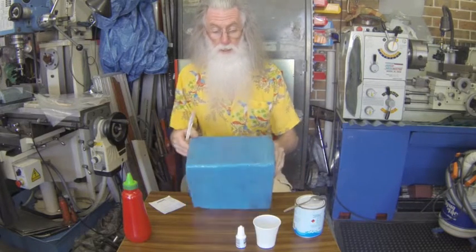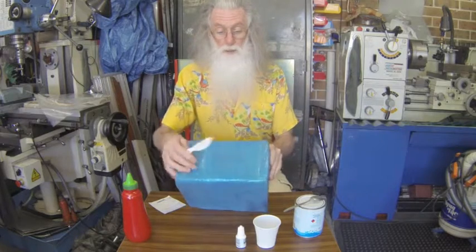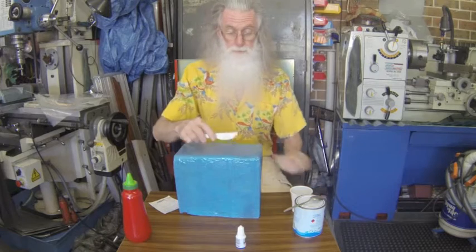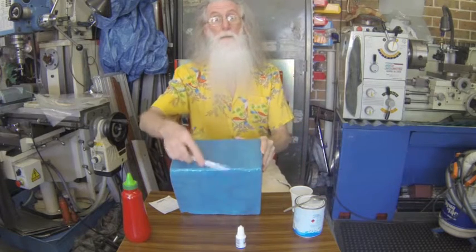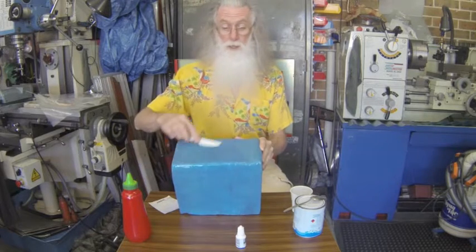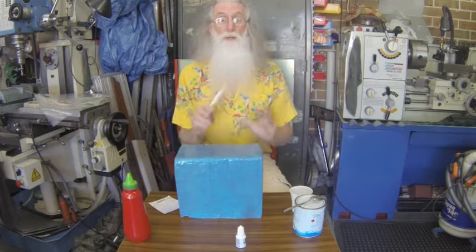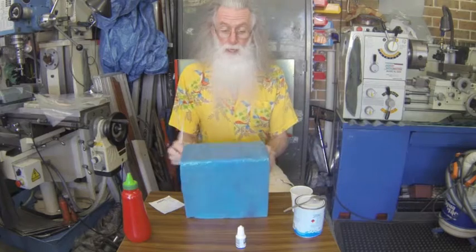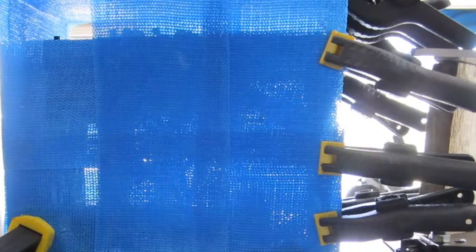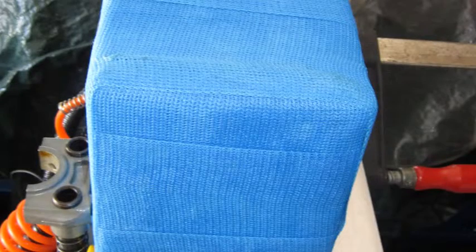Then all what I did was that, just on the top, I poured it out, just like buttering your toast or applying jam or honey onto your toast. That's what I did. So then where there's thick areas, I sort of pushed it in. Now, some parts of this is only 1 layer thick, and other parts overlap, and other corners maybe 3 or